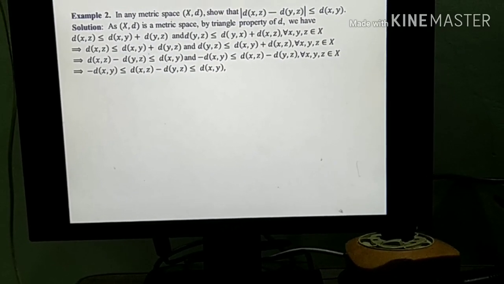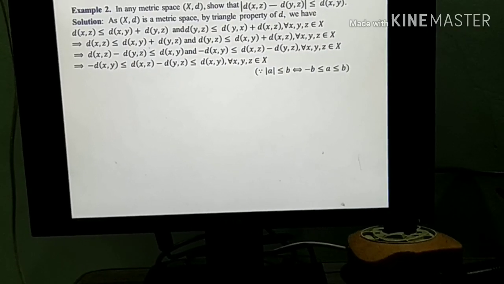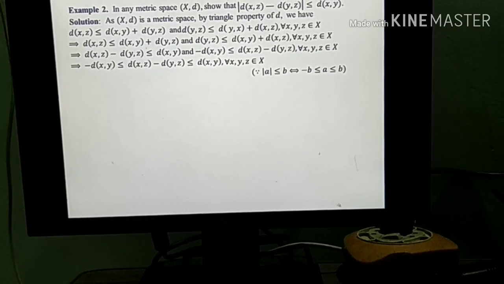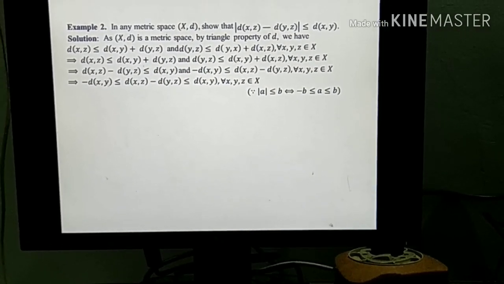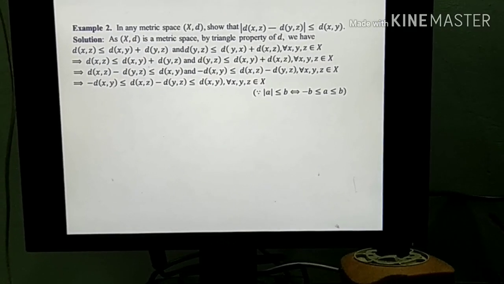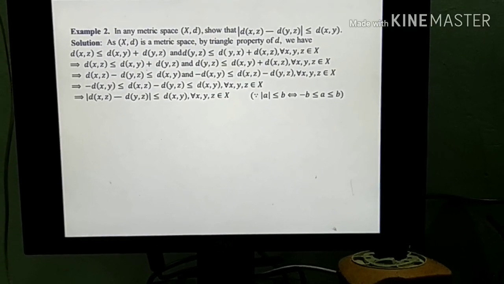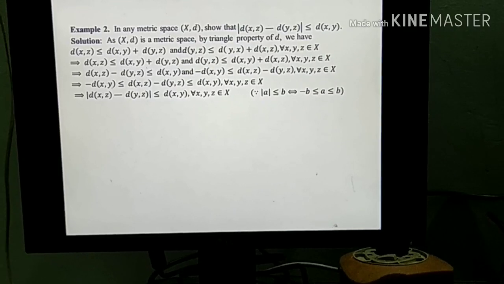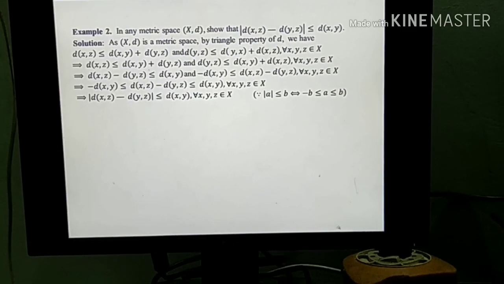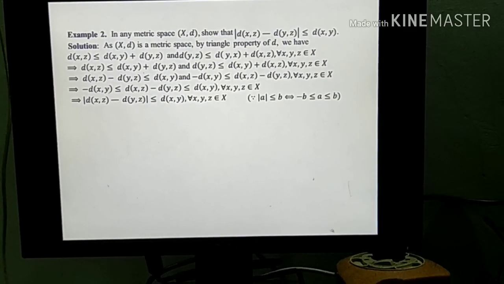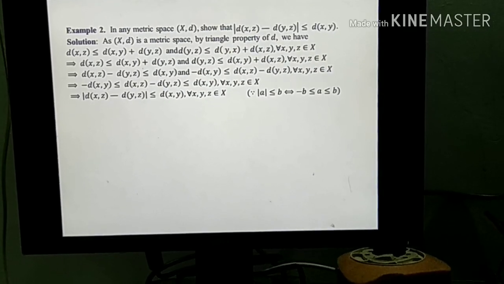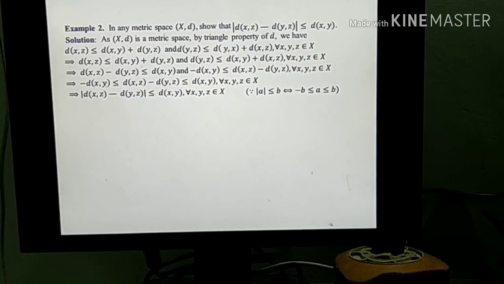And by using the property of absolute value, |a| less equal b if and only if minus b less equal a less equal b, we can get the conclusion that |d(x,z) minus d(y,z)| is less than or equal to d(x,y) for all x, y, z belonging to X. In this way, the